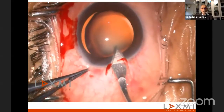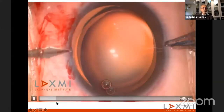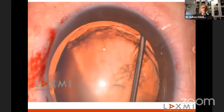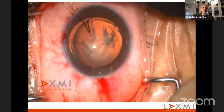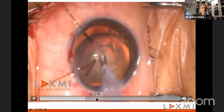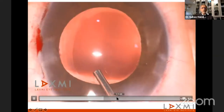I make a Hoffman's pocket. Again, in this case, with a good dispersive viscoelastic, it is possible to make your rhexis. And then the trick is to make a very copious hydrodissection so that your bag is literally separated from your nucleus mass. Then use capsular hooks to fix it. And removal of cataract is not an issue here. Once the bag is completely opened up, then you go in for